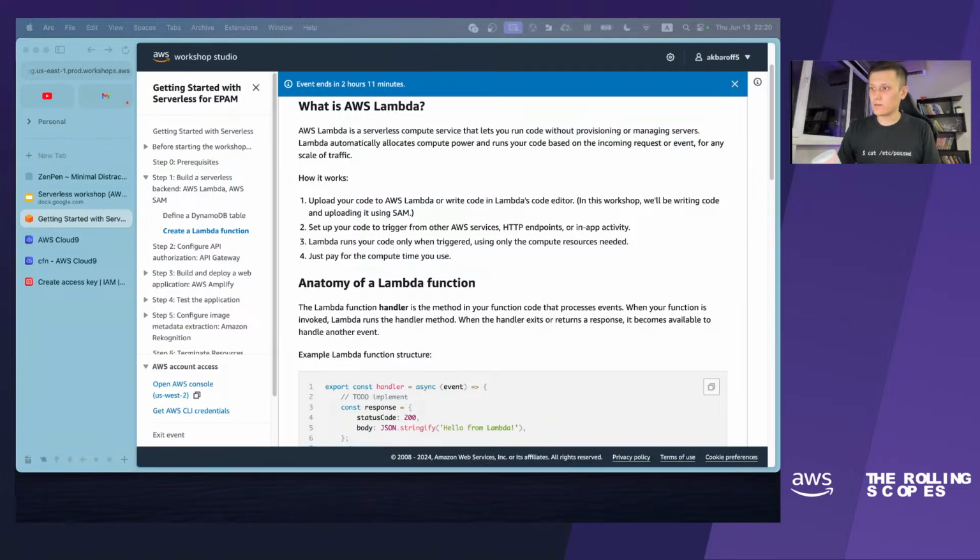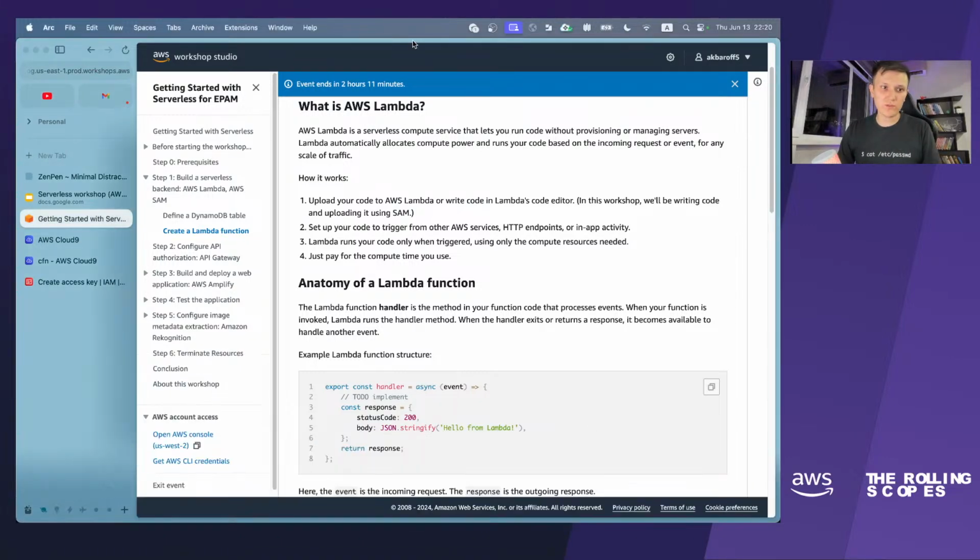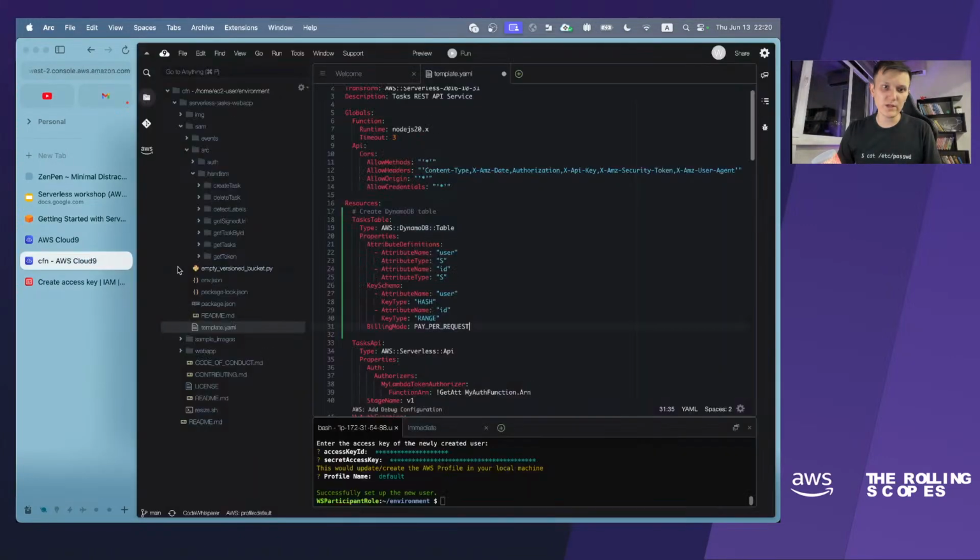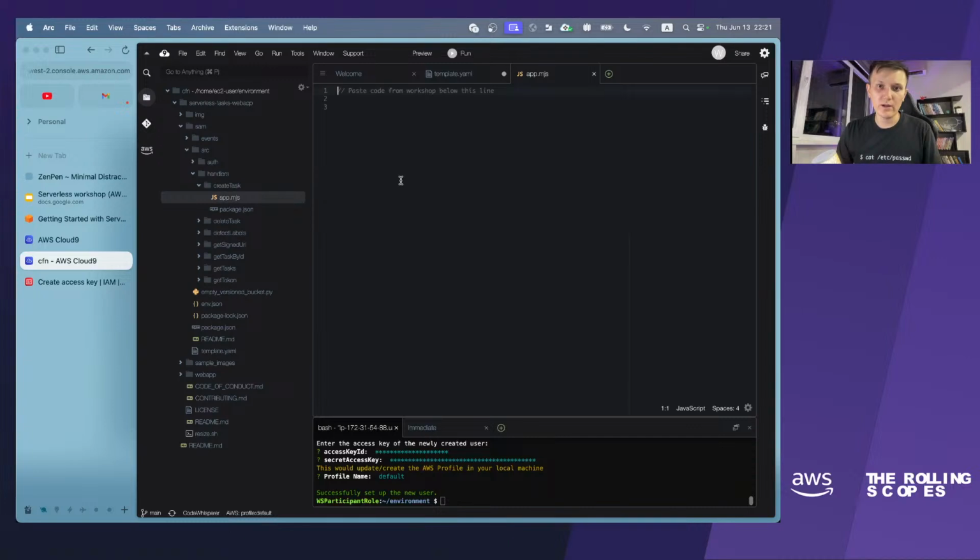Oh, sorry. So what you have to do is go to Cloud9 and open the create task Lambda. It is placed in src/handlers/create task. And here we have the app.mjs file, module JS file, which is empty.